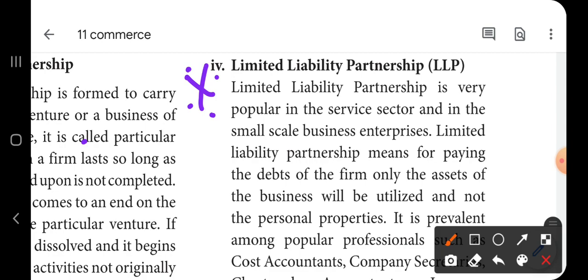But in case of limited liability partnership, the liability is limited, meaning while entering into the agreement itself, they will specify that only the business assets will be used to repay the debts. That is, their personal properties will not be affected. They will not use their personal property to repay the debts of the creditors. It will be specified in the agreement, limited liability